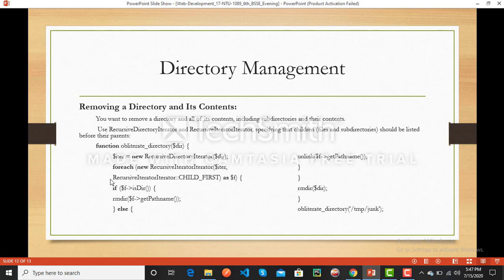Then unlink, which I already discussed in the previous slide. Unlink is used to delete. Then rmdir removes the directory, obliterating the directory and all its contents. These are all the functions for removing a directory and its contents.